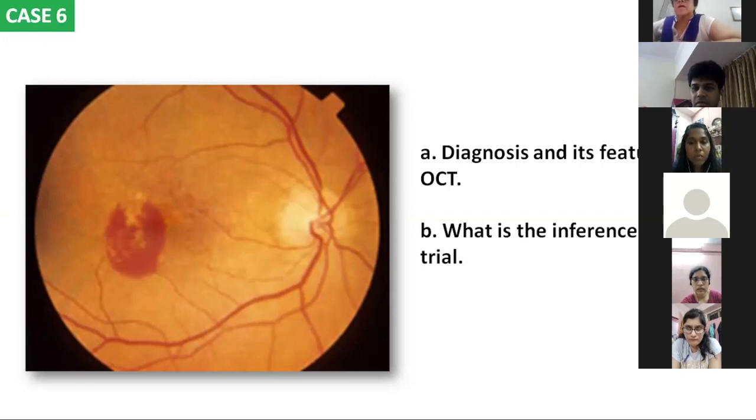So basically, the CAT trial is when they compared bevacizumab and ranibizumab and found a similar effect. Only thing was the systemic safety profile was much safer in ranibizumab compared to Avastin. That's what was expected. So we can give 7.5, ma'am. She should have mentioned fluid, subretinal fluid, intraretinal fluid. These are the signs of activity of a CNVM. So fluid is very important when you say features on OCT in case of an active AMD.